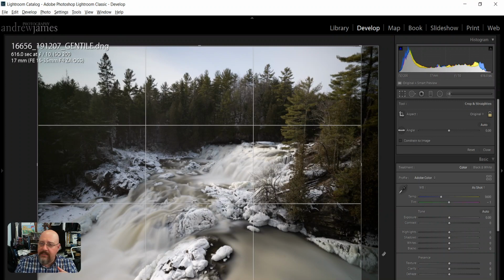So I don't do 8:10s, I don't do 5:7s, I don't do 11:14s. I tend to do more 8:12s, 12:18s, 10:15s, everything that stays within that 3:2 ratio. Doesn't mean you can't do it. You can do it. Here, the next thing that I would check to see, in this particular case,